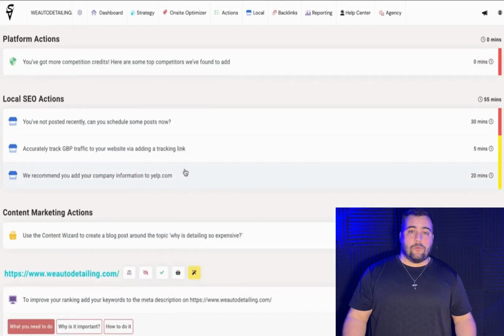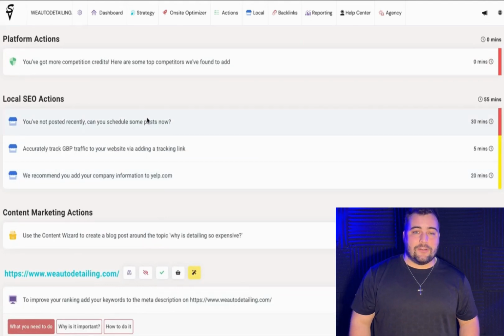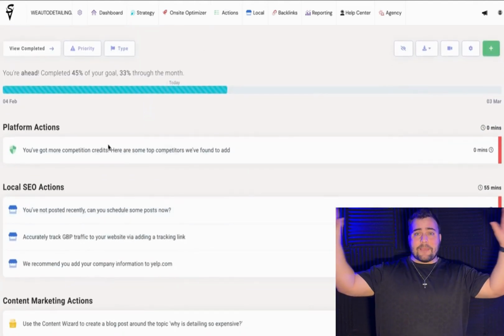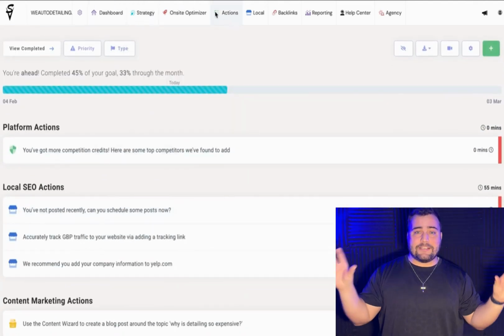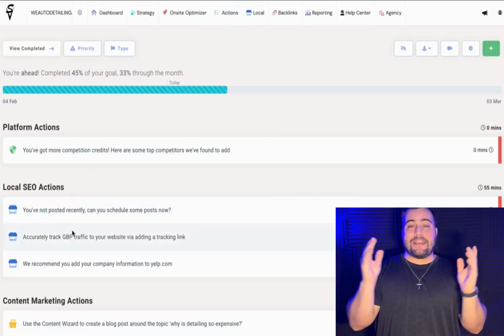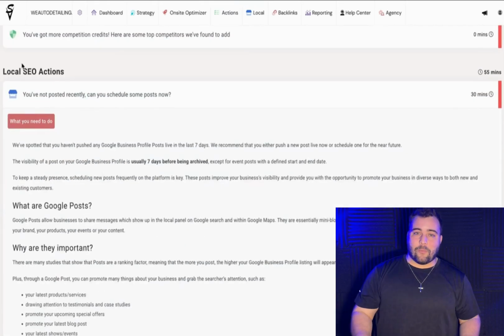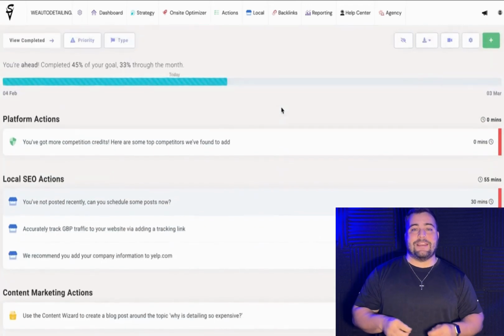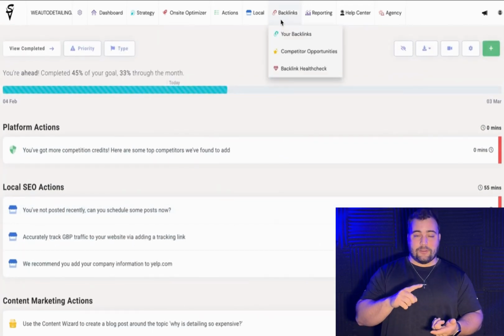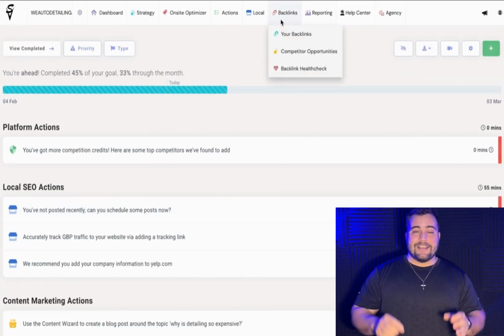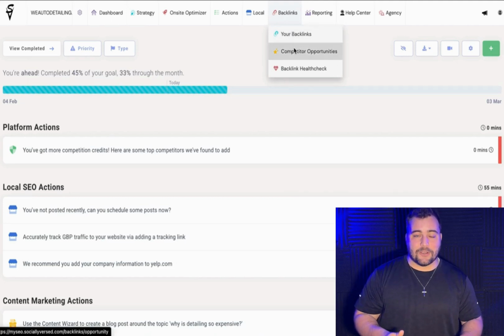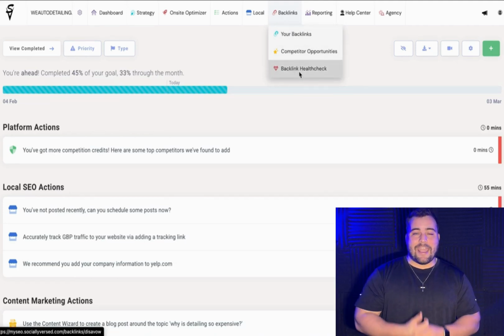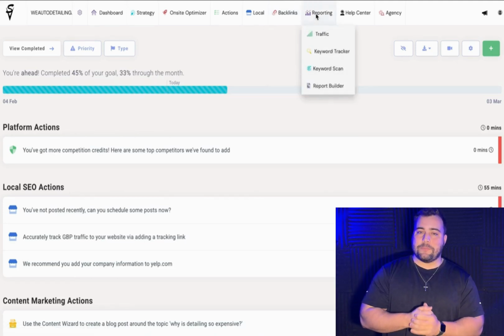Because once again, when you're trying to rank for SEO, all you're trying to do is get people to search for whatever phrase or keywords they want and find your business. Doesn't matter what website or platform it is. All you want to do is make sure your brand is optimized for the keywords and keyword phrases that people may be searching for. So that's just what the SV SEO Manager will help you do